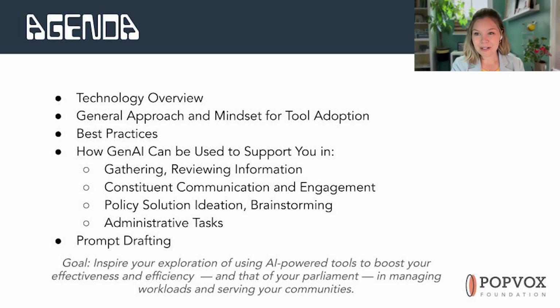Here's an overview of what I hope to talk to you about today. First, I want to go over the technology itself. Then we'll visit a list of best practices for how to use and not use these tools, and some of our most promising use cases that we've identified for how you, as the elected representative of your community, can use currently available tools right off the bat. I'll end with a brief list of tips for prompt generation and will provide my contact information for any follow-up